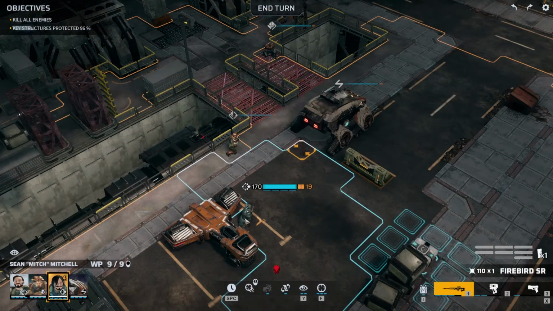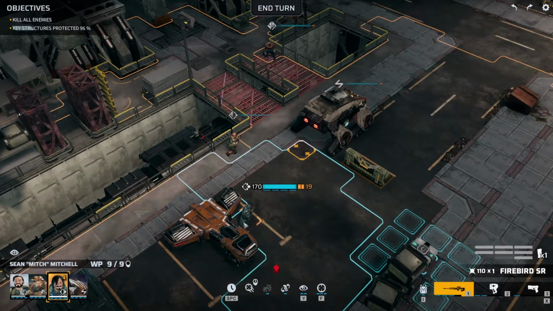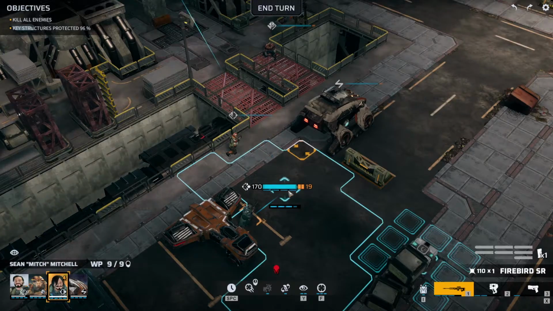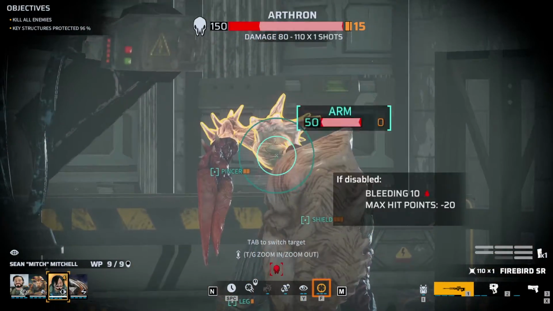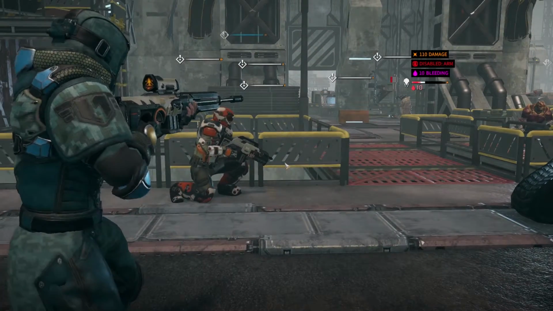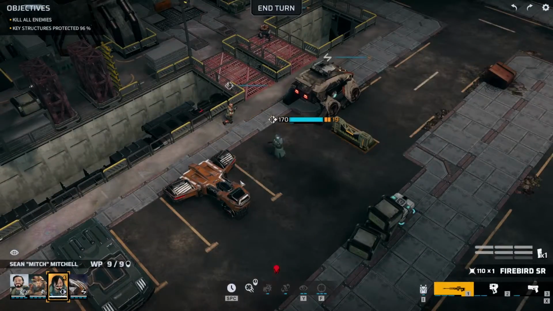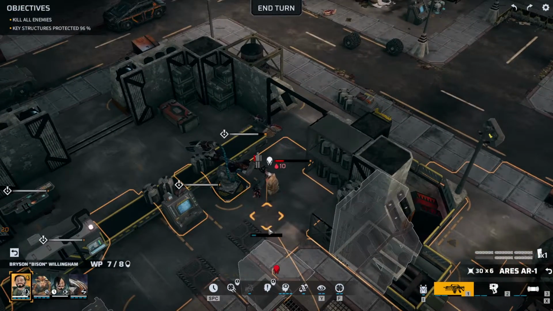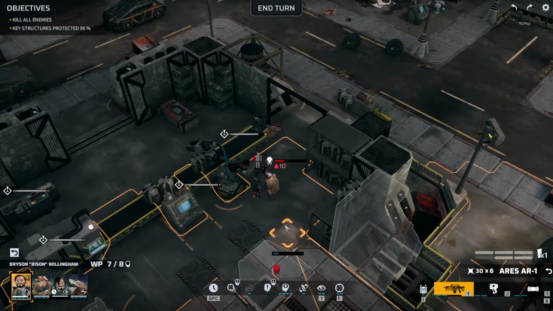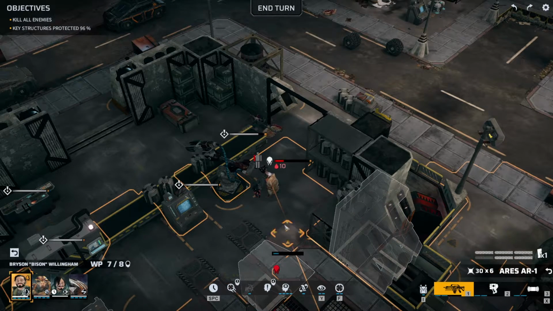In Phoenix Point, with how many points you have in your movement, you are actually able to pop out of cover for a clear shot, shoot at an enemy, and then go back into cover, hiding from them. Here we go. That is the easiest way to deal with some of the enemies, and it's way different than in XCOM. So if you were playing XCOM before, that's something you'd have to remember and relearn,